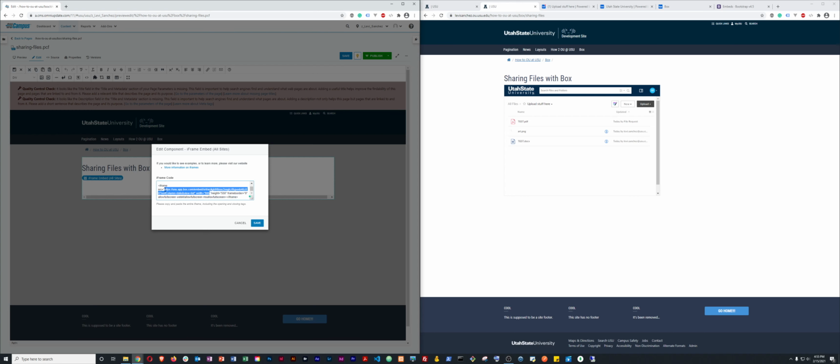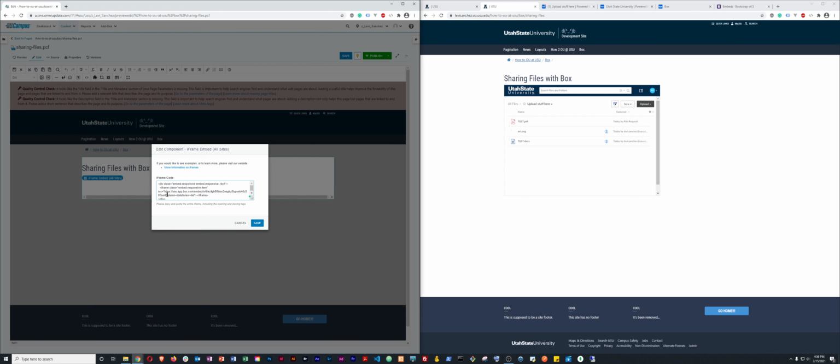And I only want to get all of that fancy URL to the next set of double quotes. All this other stuff I don't really need, so I'm just going to delete that. That is code coming from Box to try and help you make it look better on your website for you. We're not going to worry about that. We're going to take care of that part ourselves, so that way it looks good on all devices for us,